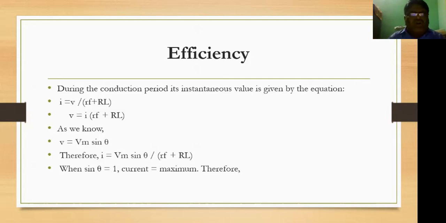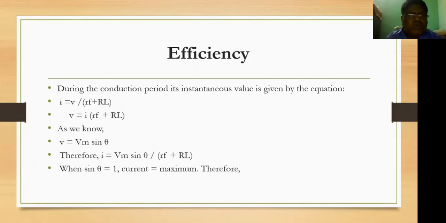As you know, V equal to Vm sin theta. That is the input signal. Why is sin theta used? Because it is sinusoidal, that is an AC signal. So that's why we are using sin theta. Very, very important: V equal to Vm sin theta is the input signal of the AC signal. So the signal belongs to sinusoidal, that's why we are using sin.